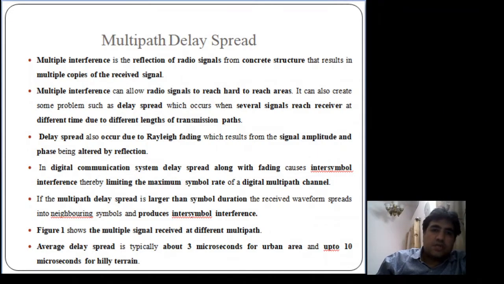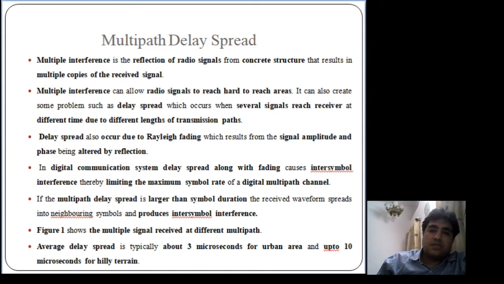So first is multipath delay spread. Multipath delay spread arises because in between the transmitter and receiver there are multiple paths that the signal has to follow. In between these multiple paths, there are many concrete structures through which the signal reflects, which result in multiple copies of the same transmitted signal. So there is a delay of these multiple copies to reach the receiver, and this entire delay is known